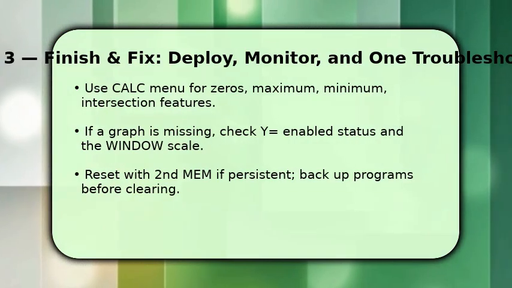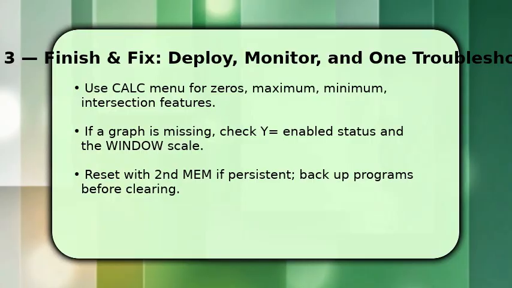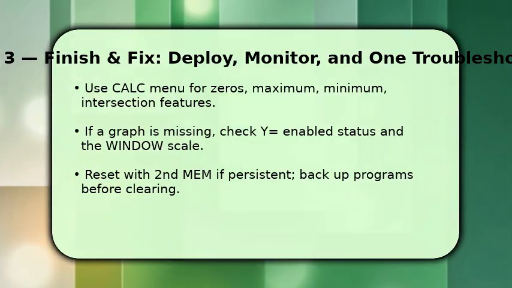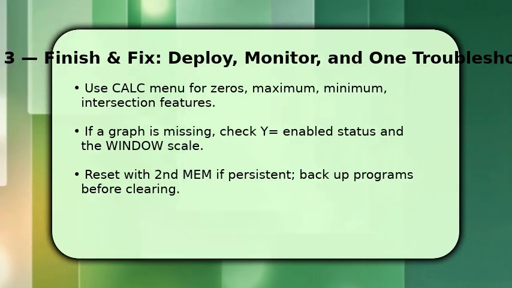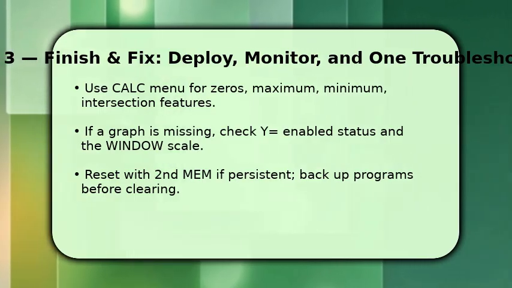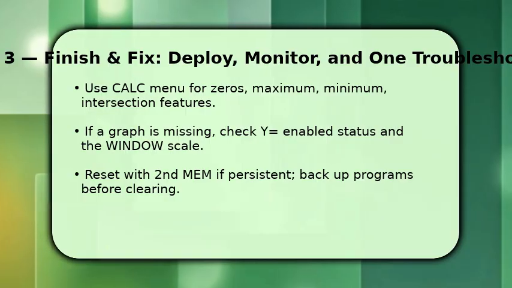Finally, analyze features using Second Trace to access the Calc menu. Find zeros, intersections, maxima, and minima by following the prompts. This gives exact values. If a graph doesn't appear, first ensure the function's equal sign is highlighted in y equals,